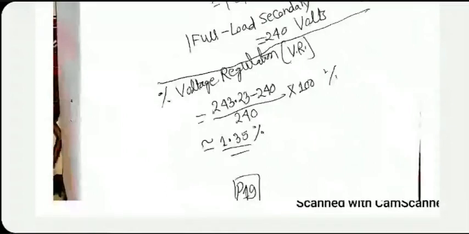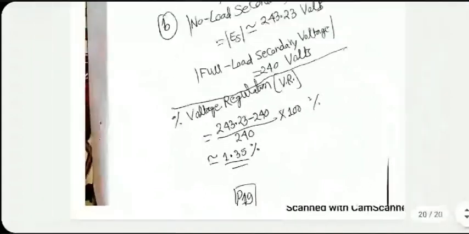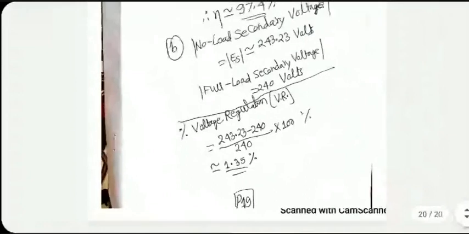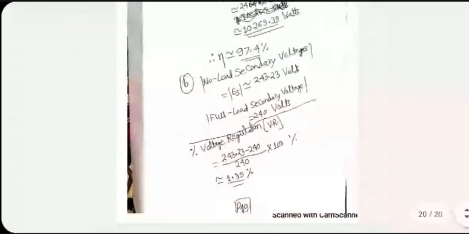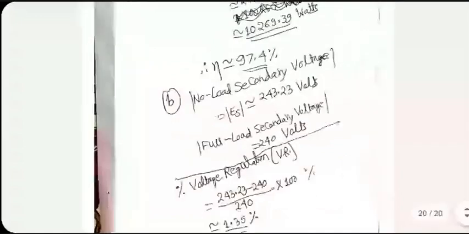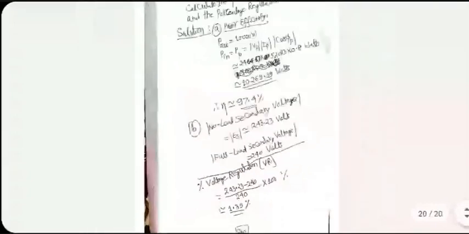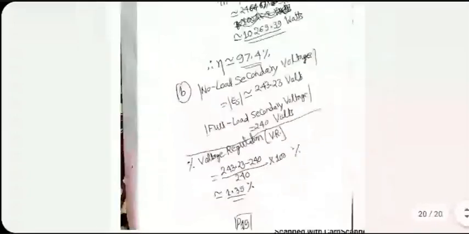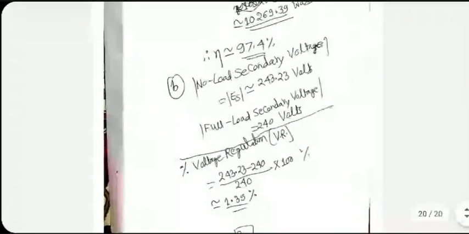So take the difference, divide it by the full load voltage magnitude, and multiply the result by 100 to get the answer in percent. I told you, ideally voltage regulation should be 0%. We want the same voltage no matter what the load is. In reality, something like 5% or 10% at the worst case may be allowed, depending on practical needs. But as low as possible is the goal for the value of voltage regulation.